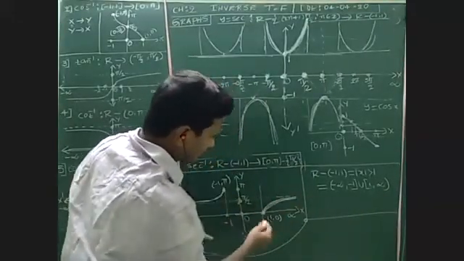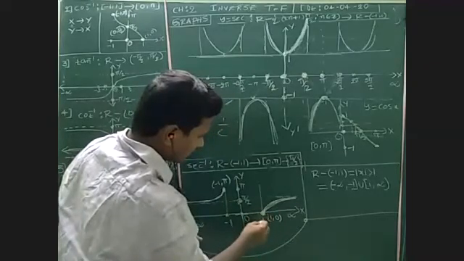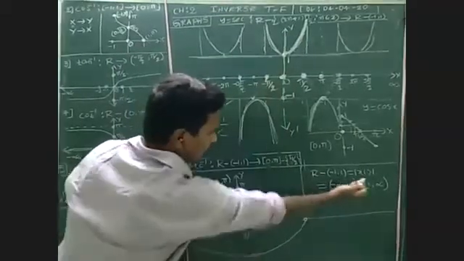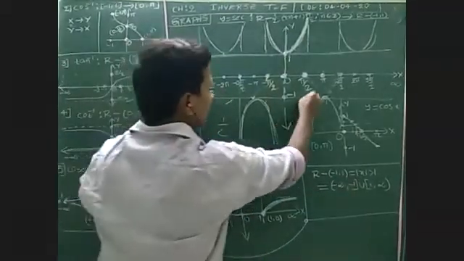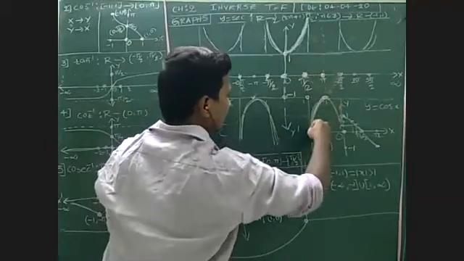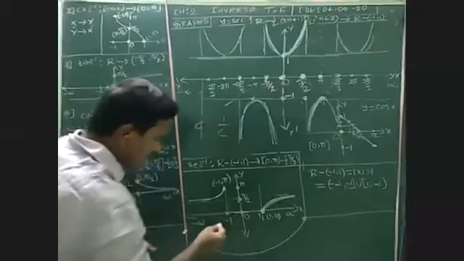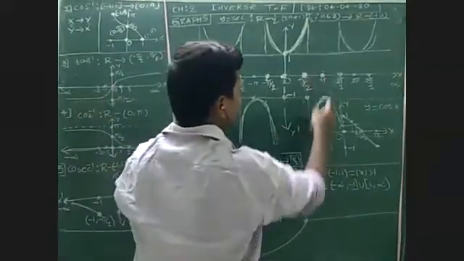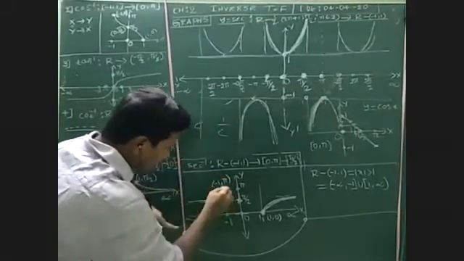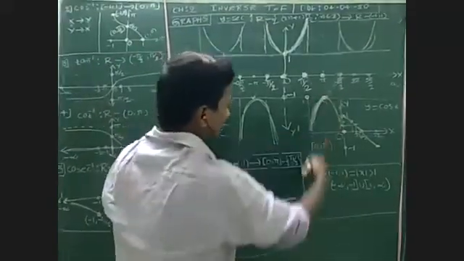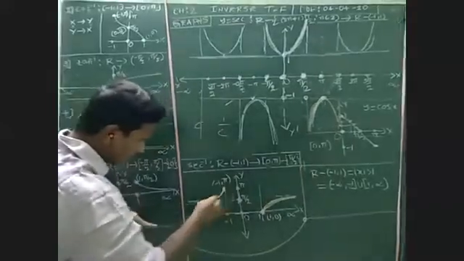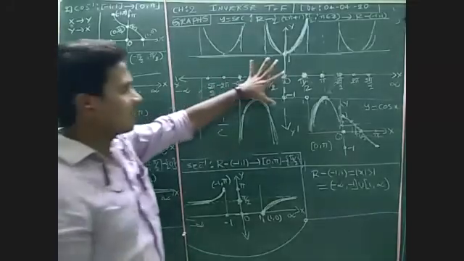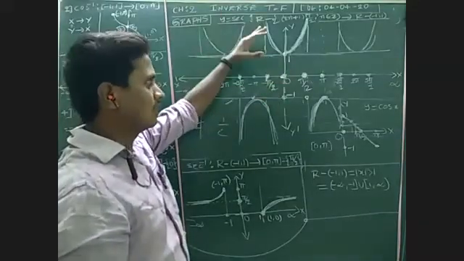This is more than 1. So look at here, here it is 1. The x value is 1, and the graph exists for more than 1. In the same way, here 90 to 180, this is the loop of secant. In the same way, 90 to 180, this is the loop. This loop is less than -1. Here also, less than -1. So if you draw the graph of cos, secant is very easy.